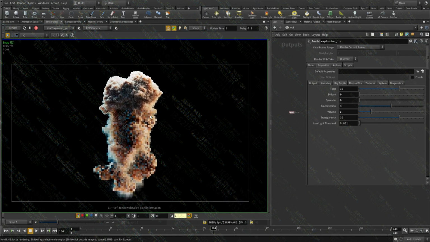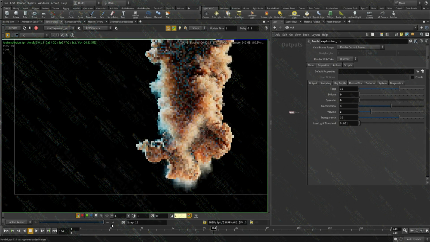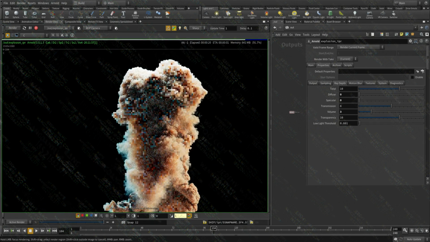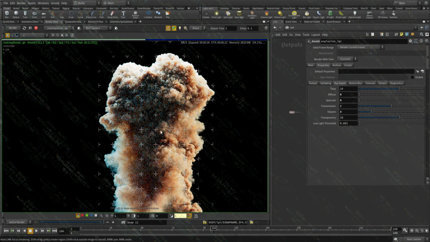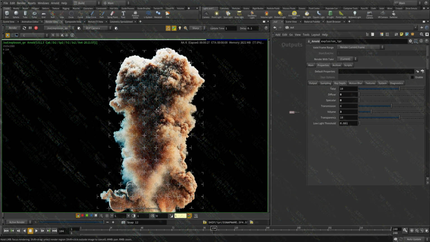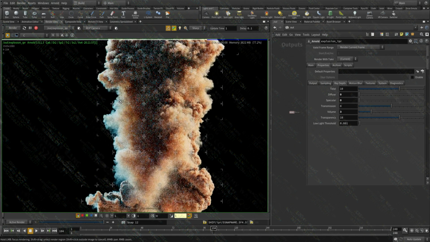So you guys would probably be looking at 4 times slower. This depends on what kind of workstation you have. But overall, it should be really fast to render these volumes with Arnold. I mean, most of the tests I did are with a dual Xeon machine. And before that, I used an i7.